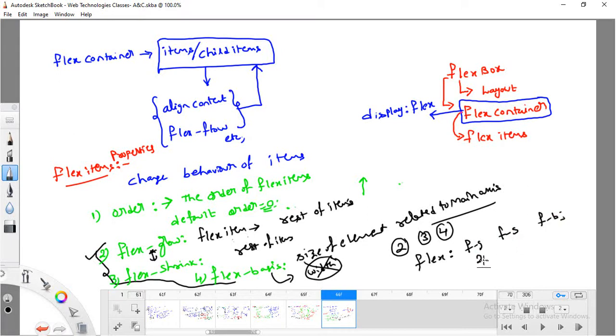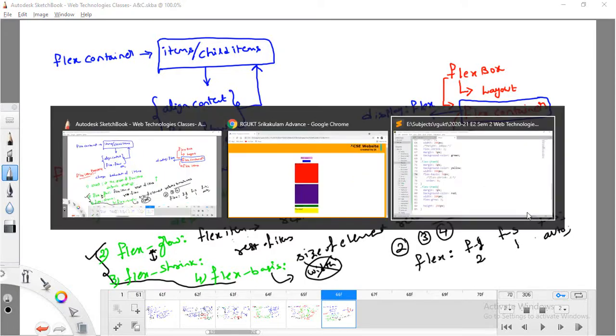For example, I am taking 2, 1, and auto. What does it mean? Flex grow is 2 times the actual space shared by all the items. Flex shrink is 1 time. Flex basis is auto, meaning it is going to take the size from the parent element. The same thing I can write like this.